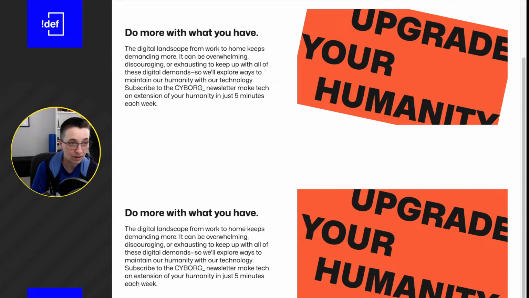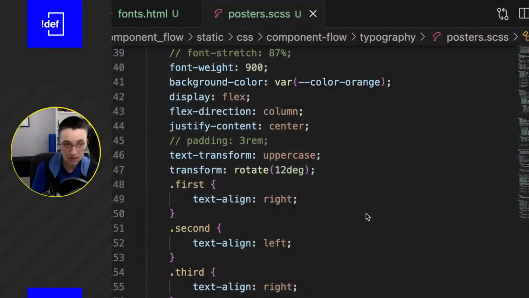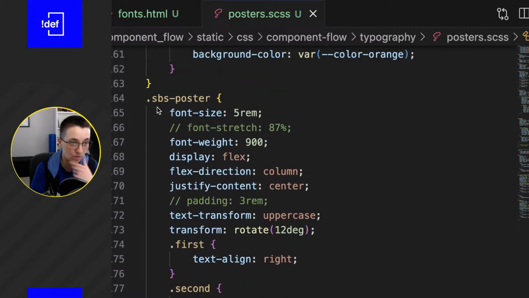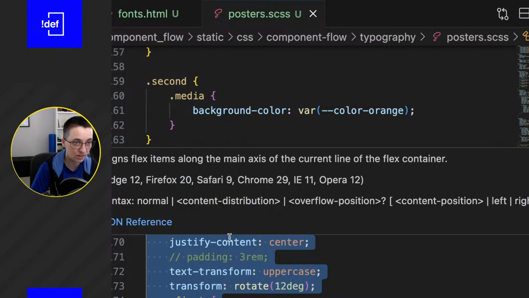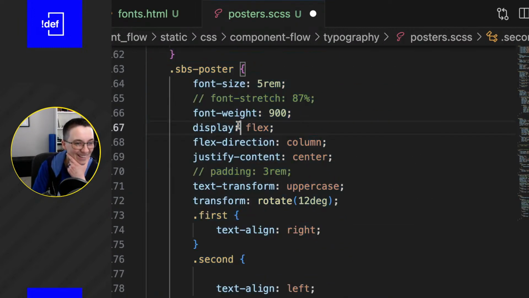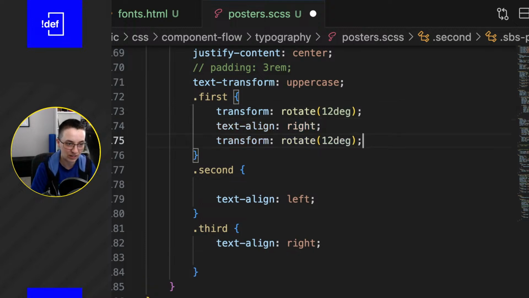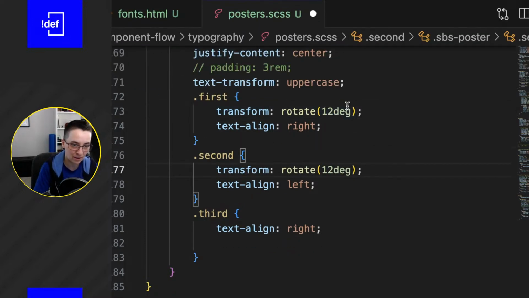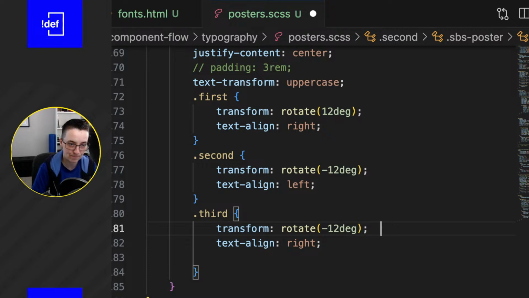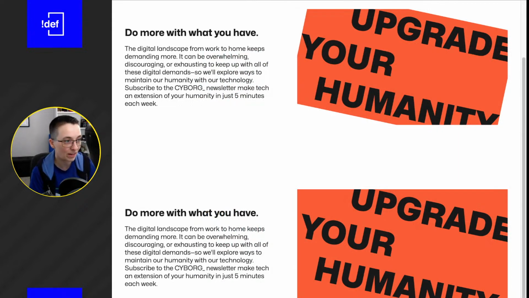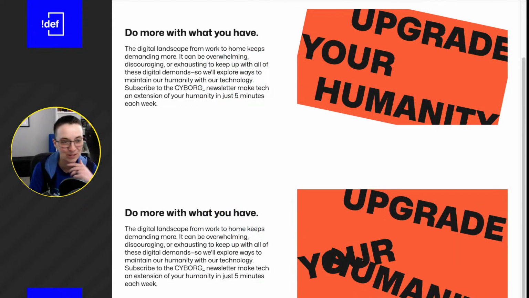words. So if I go back to our CSS, I'm just going to put this all under second. Maybe that's the better way to do it. So we've got our first word. Maybe that's what's going to be rotated 12 degrees, and then I can just copy this down. Maybe I'll do like -12, and on our last word, maybe we'll make this just a little bit more tilted, like 20 degrees or something like that. If we go back here and refresh, now we've got a little bit of a jumble, so I need to relax some of that